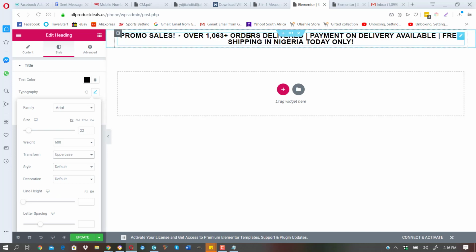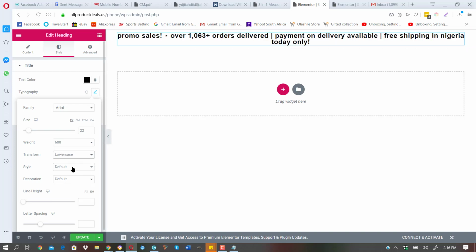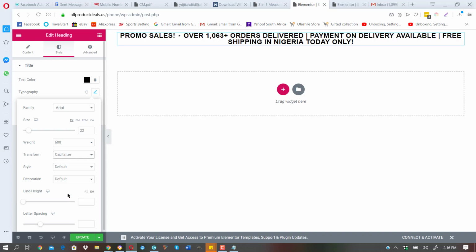It means, do you want all the write-up to be capital letters? Or do you want it to be lowercase? Do you want it to be capitalized, as you can see, or do you want it to be normal? Because we did a copy and paste, let's make it normal. But it depends on what you need to do. Now the style, always leave it at default. The decoration, you can put it as underline or this, but because it doesn't need underline,